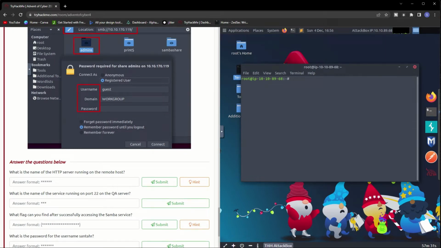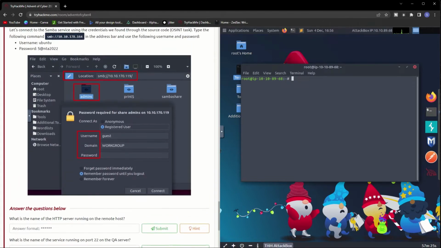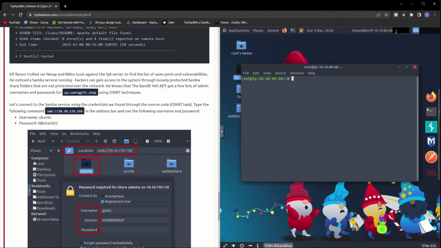For this, we have to use nmap, the network mapper, to check for the open ports available on this machine. So we have to type nmap, and I'm not going to specify the port. It will just automatically scan the 1000 famous ports, and I'm just gonna provide the IP address